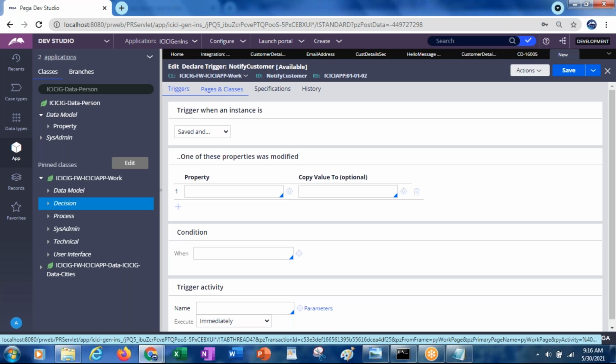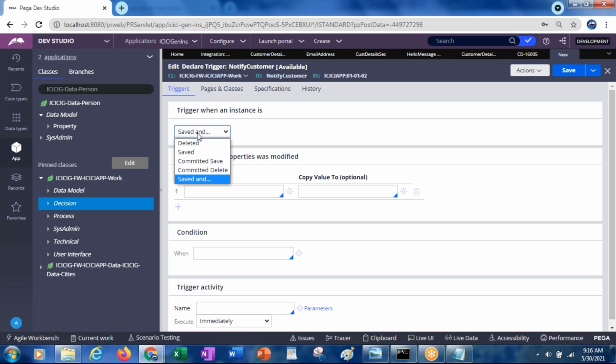Here it is asking: trigger when an instance is saved, committed save, committed delete, saved and or deleted.